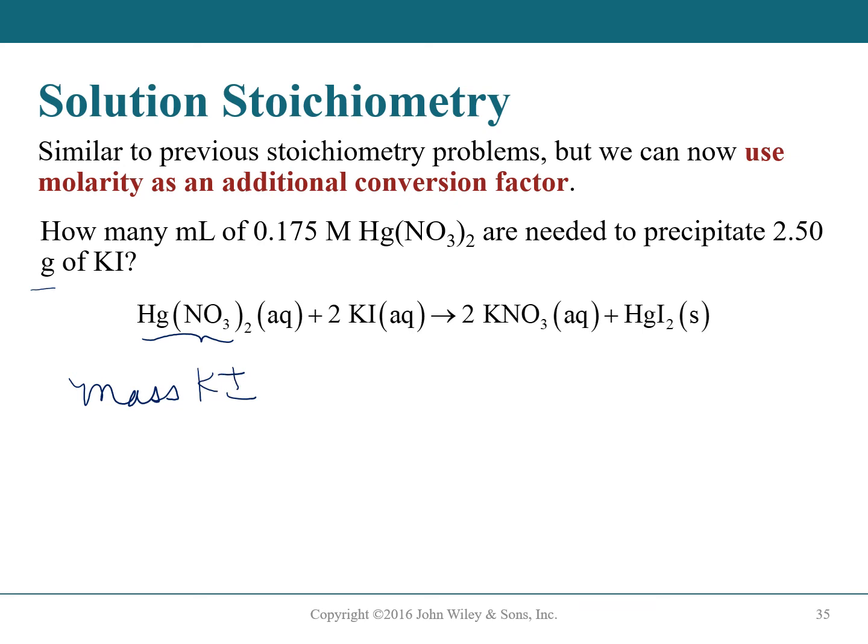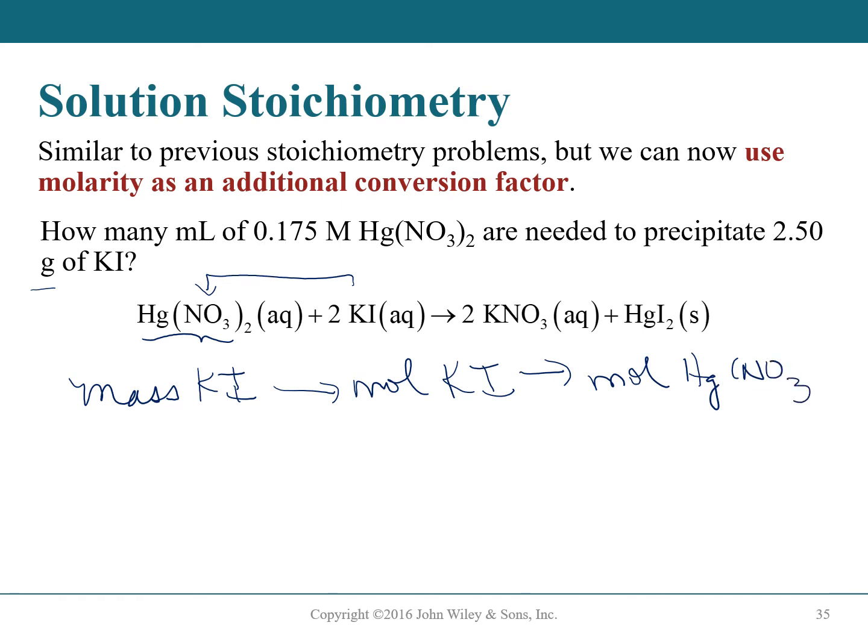But in order to relate these two different substances, we need our mole to mole. So from the mass of potassium iodide, we need to get moles of potassium iodide. And from moles of potassium iodide, we need to get the moles of our mercury 2 nitrate. Now we can do this all in one conversion, but I usually like to do 2 steps. So once I have the moles of mercury 2 nitrate, then the second step is, if I look at my molarity equation,